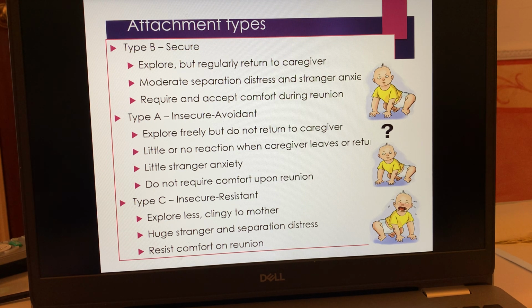And then when they come back and mum or dad tries to comfort them and support them, they don't really need it. They're very independent babies. They're kind of like, don't really care. Okay, so you can call it avoidant because they're not engaging necessarily as much as a securely attached. But it does come down to a variety of different factors like temperament, which we'll look at in evaluation in a minute. Then our insecure resistant are kind of the opposite of this.